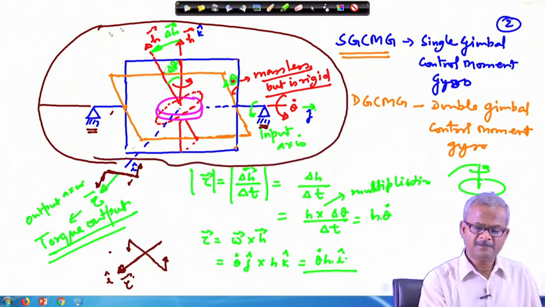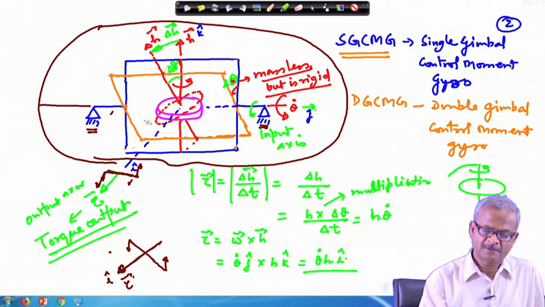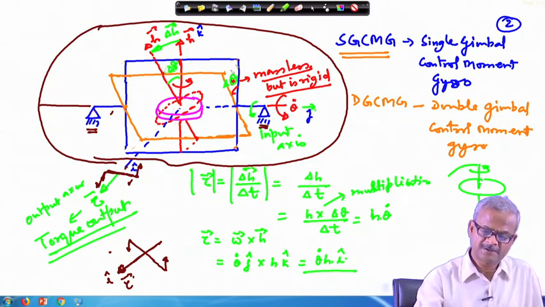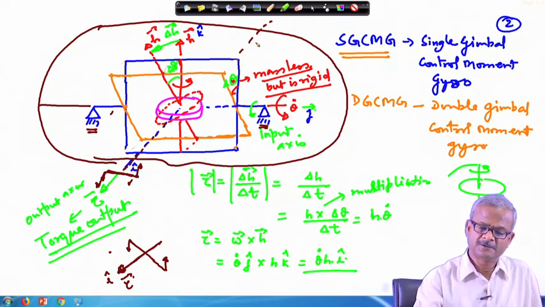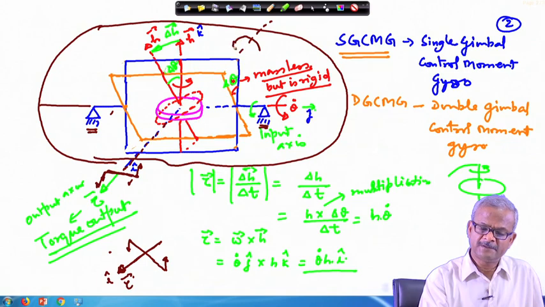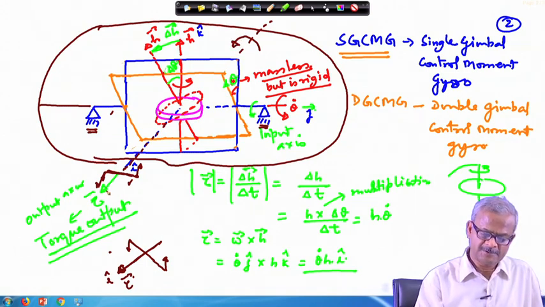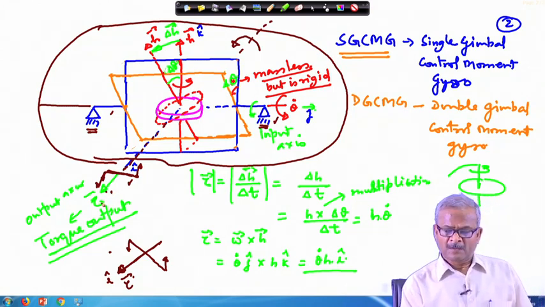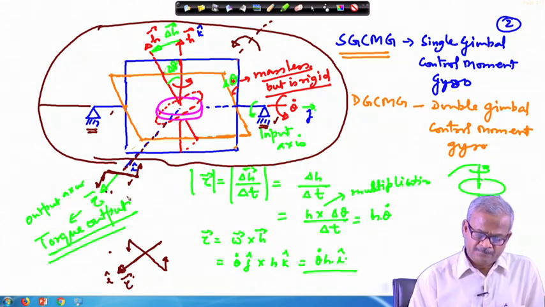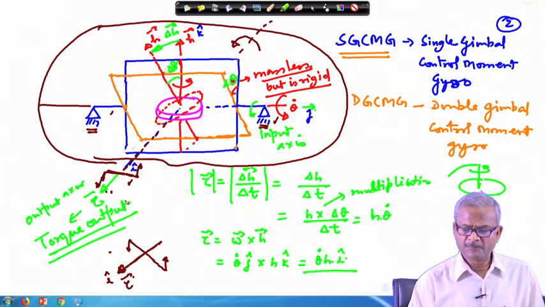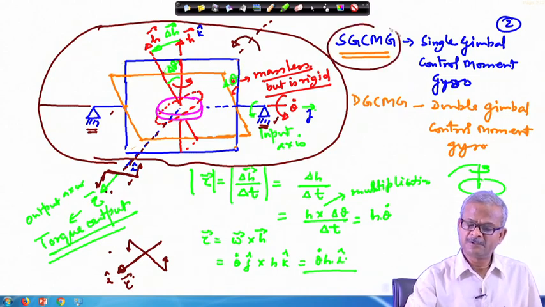So, this whole thing will make, there will be a torque about this axis, this blue axis which is shown here, it is going like this and it is coming here in this direction. Okay. So, this whole satellite will then rotate about this axis, because there is an output torque about this axis. So, we have applied a torque about this axis, and as a consequence we are getting torque output along this direction. So, this is the principle of the control moment gyros. So, this is the single gimbal control moment gyro.